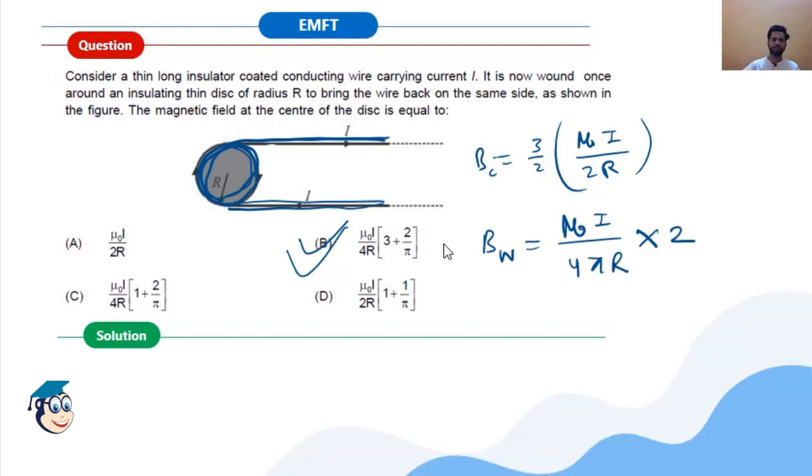Okay, so these are some very easy questions which can be solved directly using the formulas for calculating magnetic field due to a ring or due to any number of rings. That number can be a fraction as well. We have also used here the magnetic field due to a semi-infinite wire. I have directly used that formula, and I would suggest you remember these formulas to save your time in the exam.